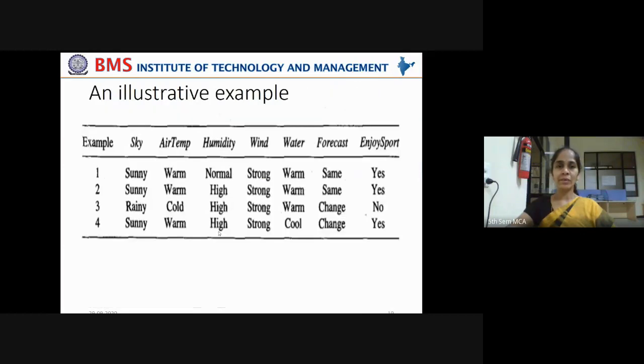Now let us go to the example. Let us take the same example of 4 days of data given, and the machine tries to learn from this on what days your friend will enjoy the water sport. Given an arbitrary day or a new day's data, it should be able to predict whether your friend will enjoy the sport or not. For this, we are applying the candidate elimination algorithm in order to find the version space, the set of all hypotheses that are consistent with these training examples given in this training set 1 to 4. Okay.